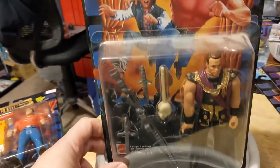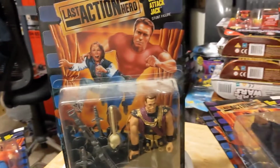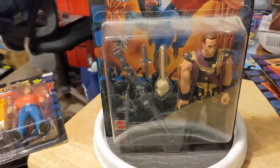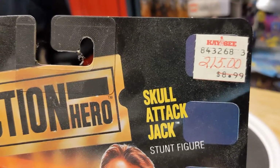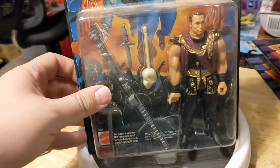Now, as you can see, these figures aren't in the best condition. They don't need to be. Nobody's ever going to buy these out of my collection. You can see, by the time we started getting them at KB, they were 2 for $5. So, they're not the best figures. But,